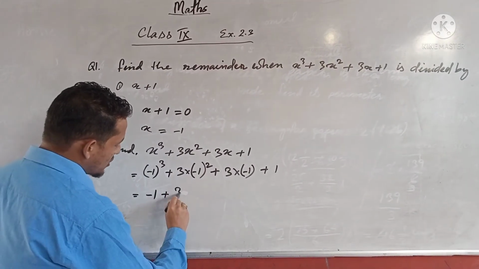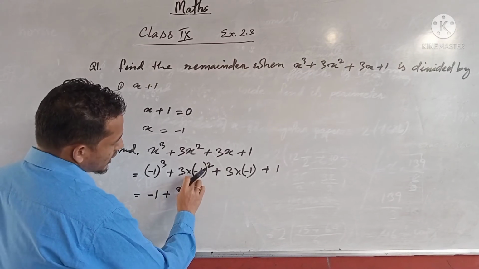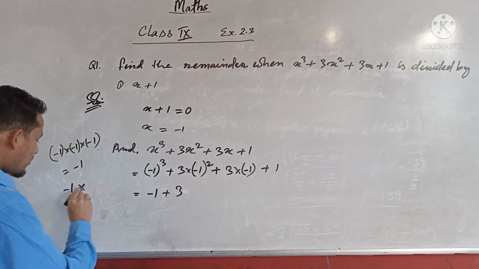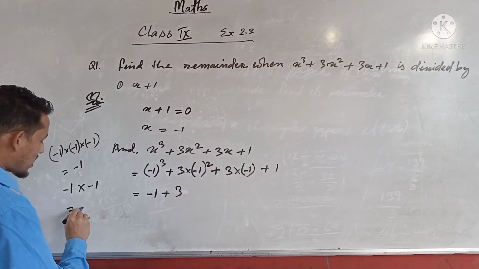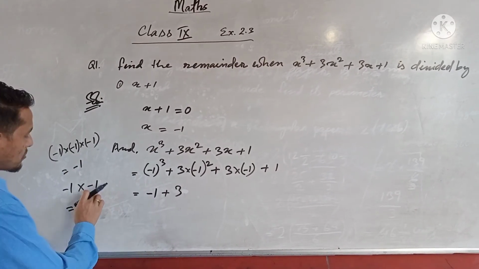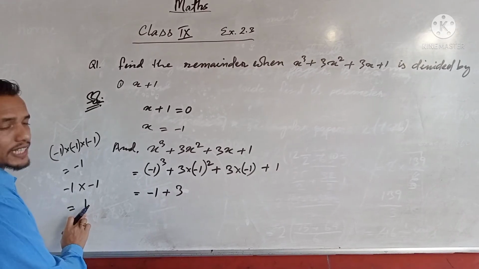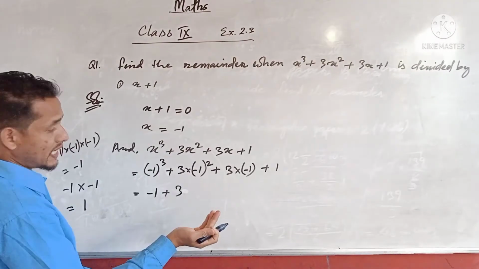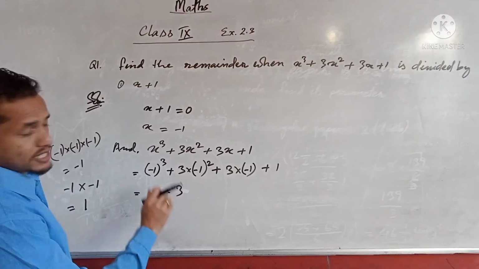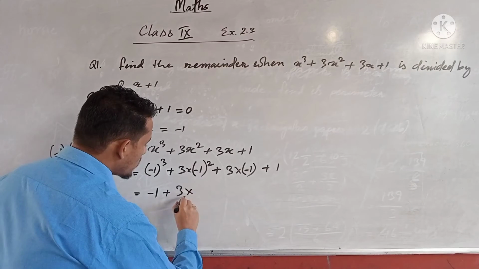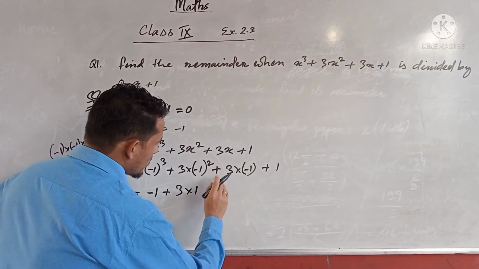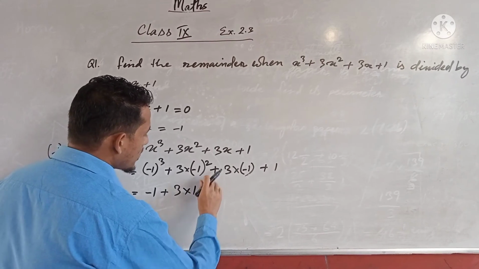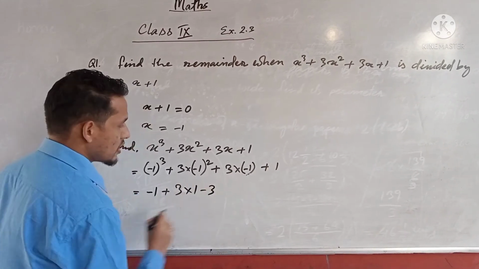Now in this one, 3 you keep the same. Minus 1 into minus 1, if you multiply, it will become plus 1. When you multiply 2 times, the symbol will change to plus. 3 times, it will remain minus. 4 times, it will change. 5 times, it will remain minus. So into 1. Now you can multiply this: 3 into 1 is 3, and plus into minus is minus.